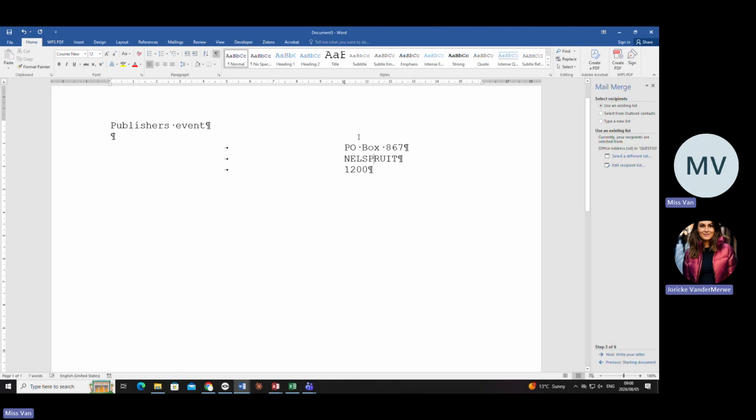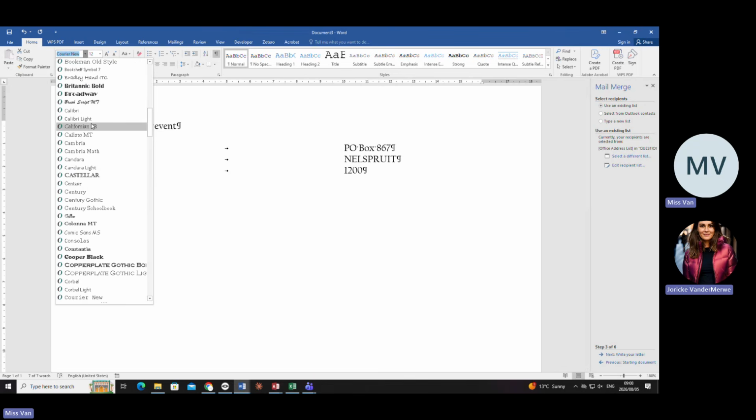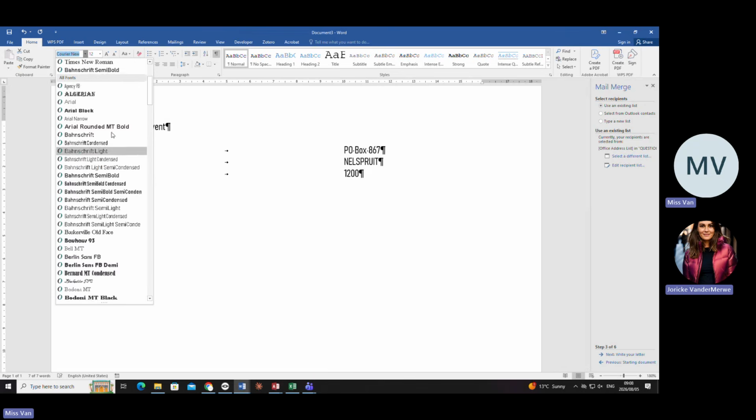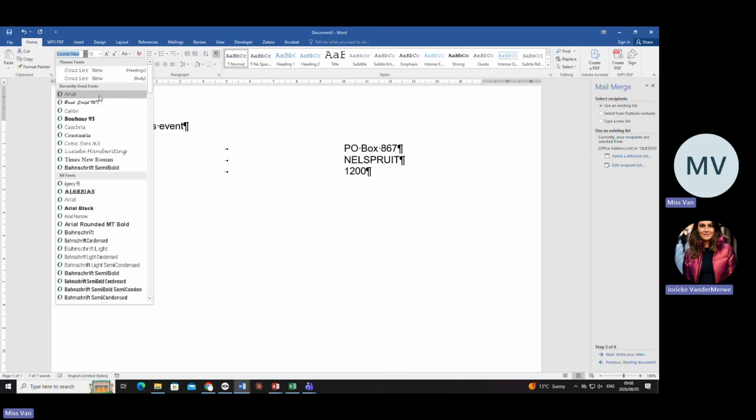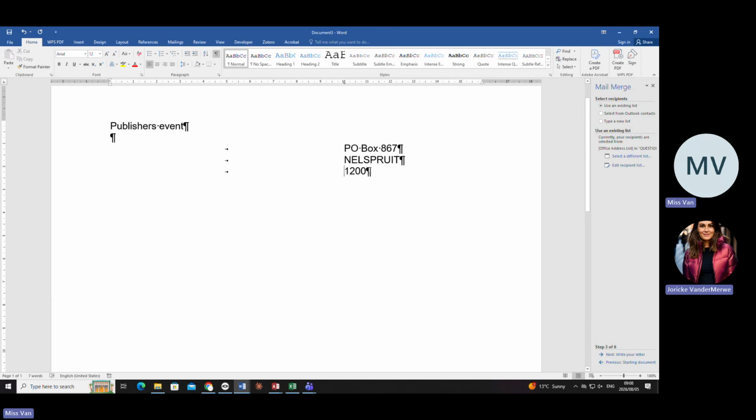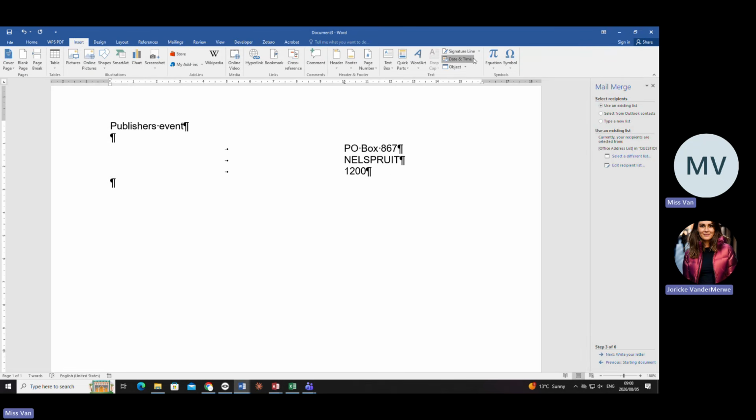Is that the correct font? No, what must be the font at number 1? Arial 12. So don't make this mistake. If you do, then just go back and make it Arial. Do not fix anything yet. Keep everything. We will do the fixings, the editing later on. Then what am I going to do there? I'm going to go to insert, date and time.